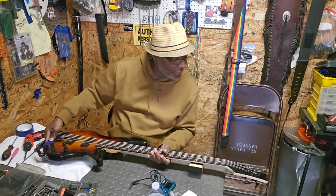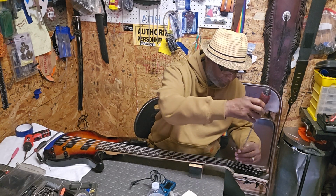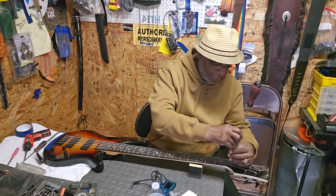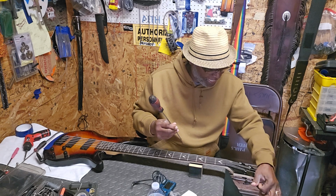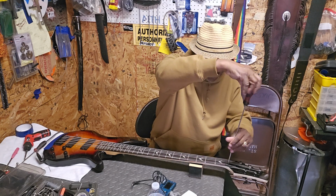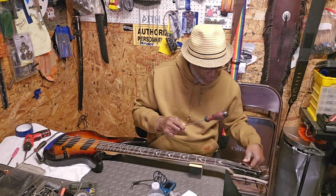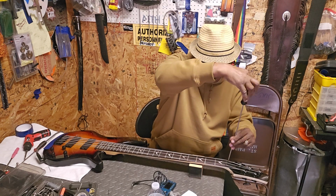Check this out. So now I have to go inside the truss rod. They also send a little piece of paper telling you how to adjust the truss rod, which is kind of cool. Normally factories don't do that. They don't tell you anything about adjusting the truss rod and all that kind of stuff. They tell you how to take the cover off, what kind of tool you need. I left all that paperwork. It should be in that box right there, though. I'm gonna go and check. Because if it's got the truss rod adjusted, well, I got tools here for this, but we need to see if they sent the truss rod adjusted since they sent the